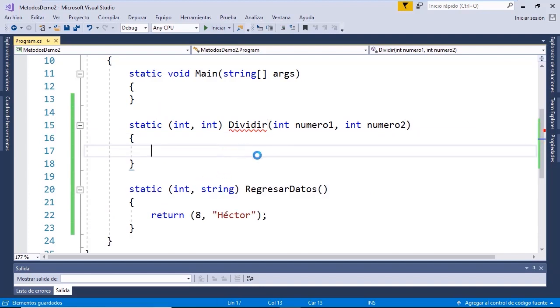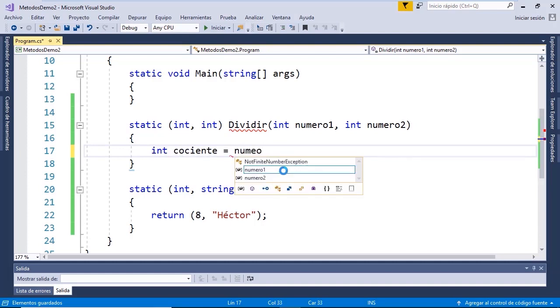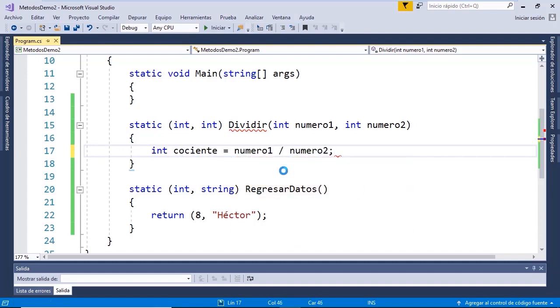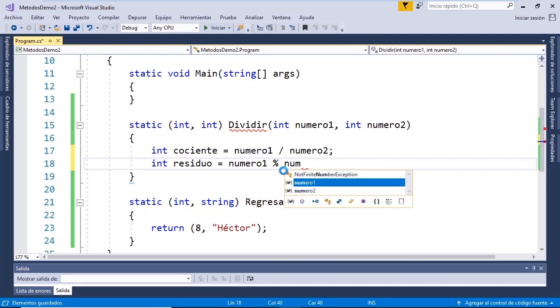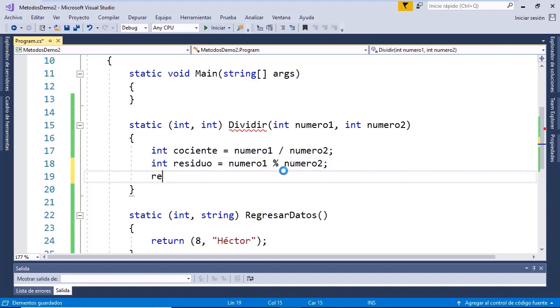We are going to define a pair of variables here. The first one will be called quotient, and it will be equal to the division of number 1 by number 2. Next, we define the following variable called remainder, which will be equal to number 1. Remember that if we use this percentage symbol, we are indicating that we want to return the remainder. So, we carry out the remainder between number 1 and number 2, and finally, we return the quotient first followed